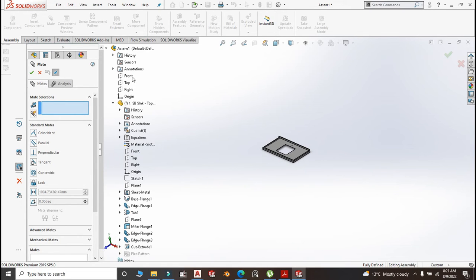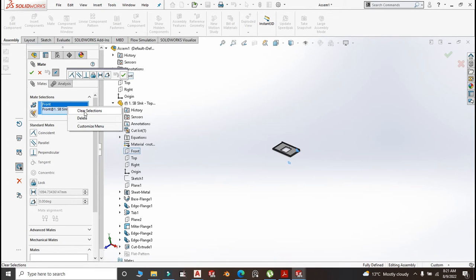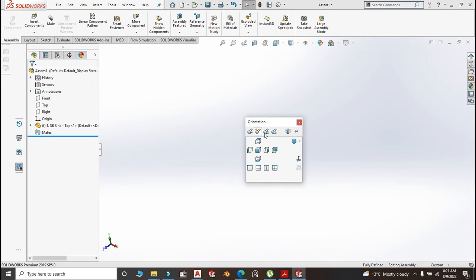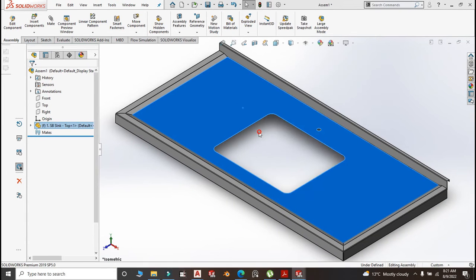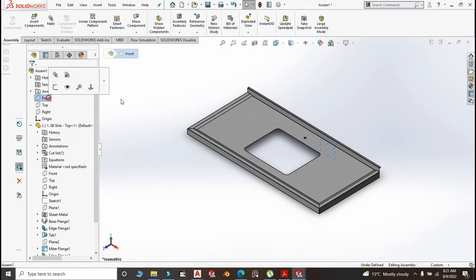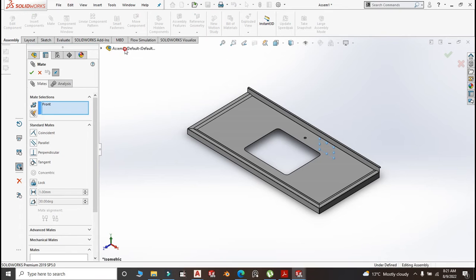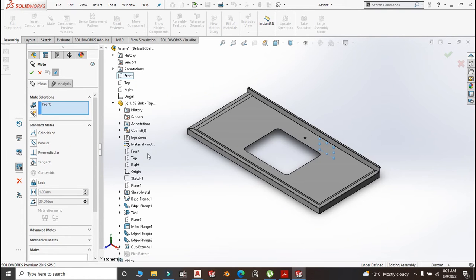We are selecting the front plane of the assembly and front plane of the top. Click OK. Then the top plane. What is not happening? Oh, alright, I kind of forgot. We need to first make this float. Right click it and make it float, so that when you select this plane, that front plane and the front plane of the sink,